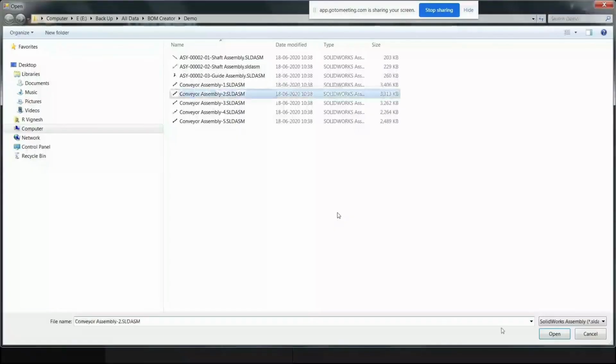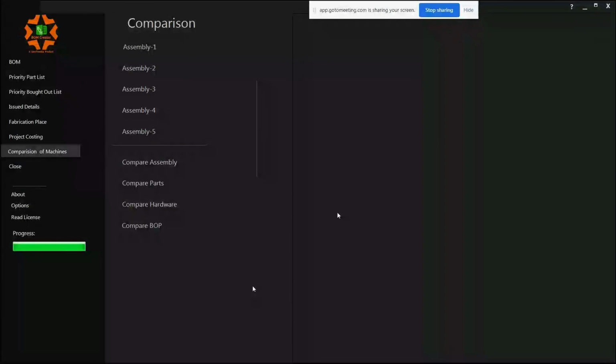So I browse my second machine. When I consider my common components together for manufacturing, I tend to save a lot of material scrap. If I'm planning five parts which are common, and there are another 15 common components, and I plan 5 separately and 15 separately, I tend to lose a lot of material. But if I plan 5 plus 15, that is 20, I save a lot of material and scrap.